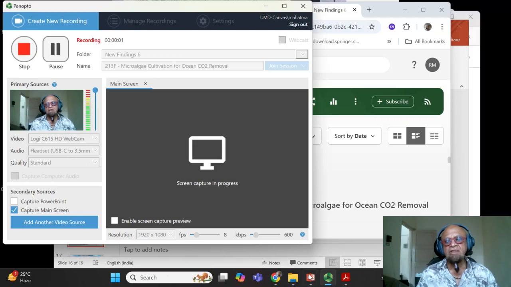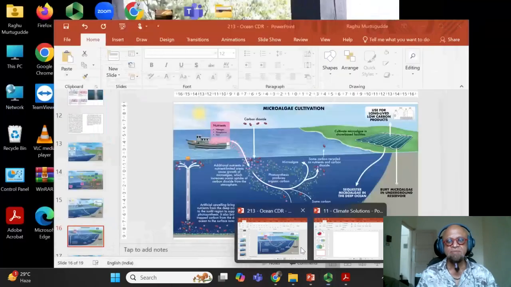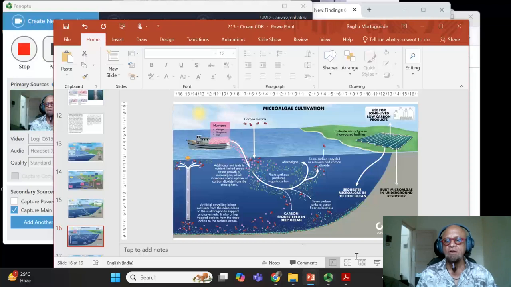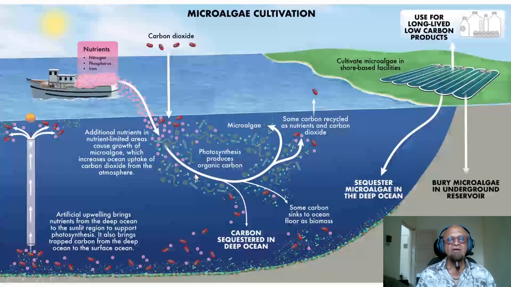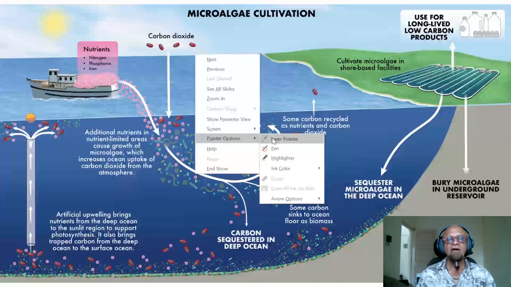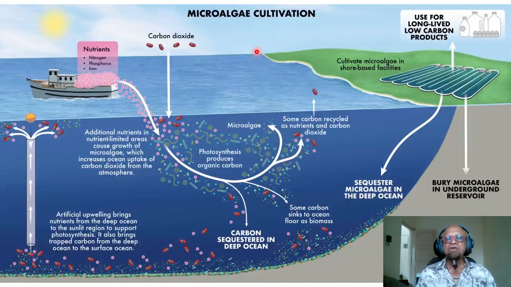Let's learn a bit about cultivating microalgae as opposed to macroalgae for enhancing ocean carbon dioxide removal, ocean CDR. So microalgae cultivation, again, you have natural processes of carbon uptake, photosynthesis. Microalgae need lots of nutrients, nitrogen, of course, nitrate, which is like urea, ammonium, and so on, we put on land, and phosphorus and iron are nutrients that are necessary but are not as abundantly available as nitrogen in the